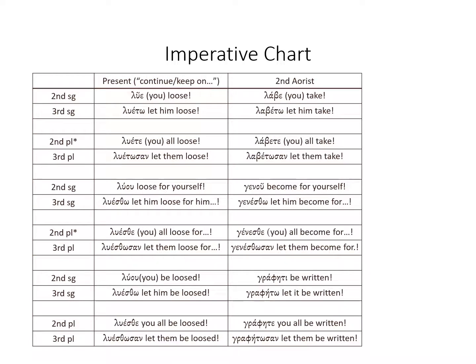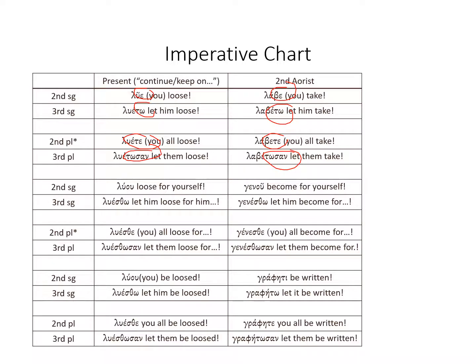Let's think about second aorist then. And already I want to note for you the similarity. Notice the similarity: to, te, toson. So you see the similarities, and as I've noted in the last couple of chapters, try to remember how the patterns we learn in the indicative are reflected in the non-indicative, like the subjunctive, and now here in the imperative. There are some nuances, but let those patterns continue on.